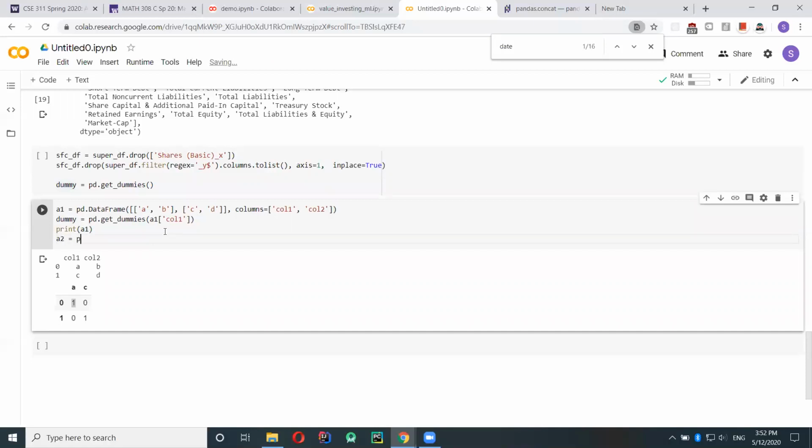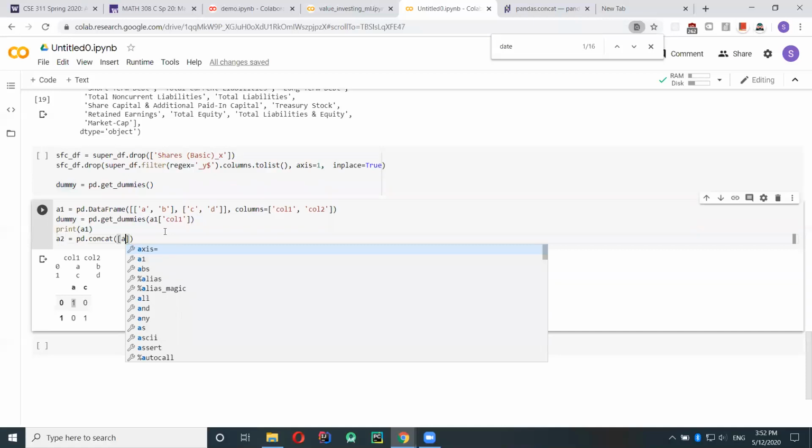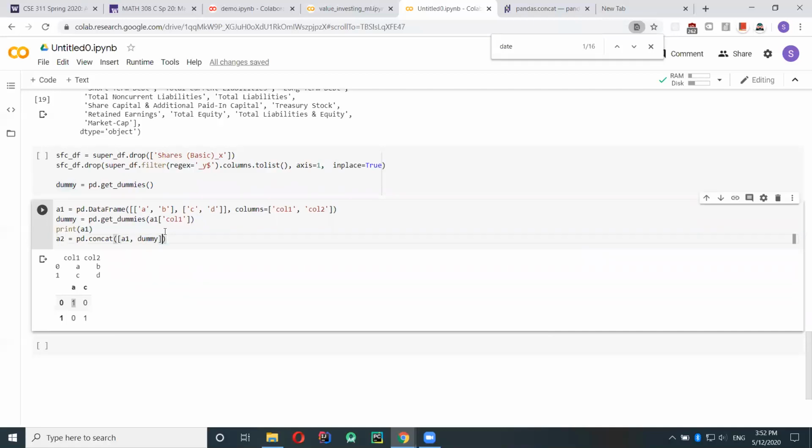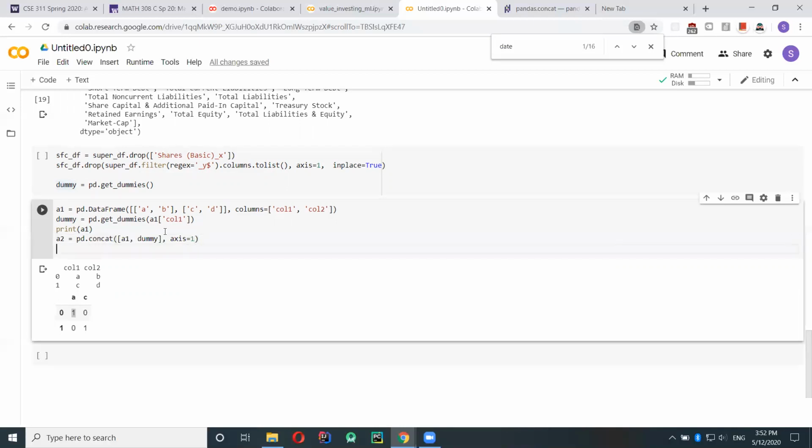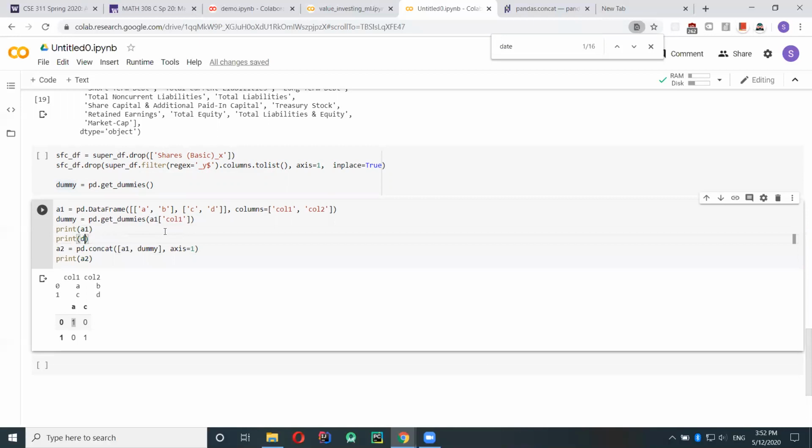Okay, so A2 equals pd.concat of A1 and dummy, with axis equals 1, because as I mentioned before, axis 1 represents column-wise.